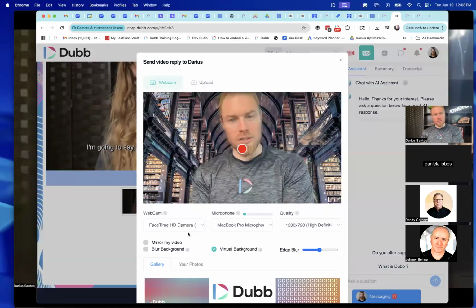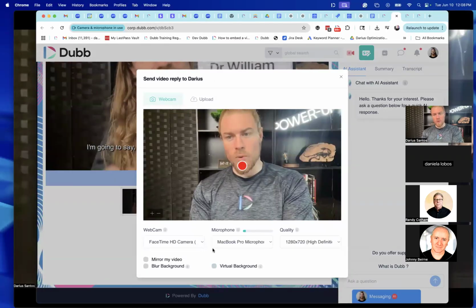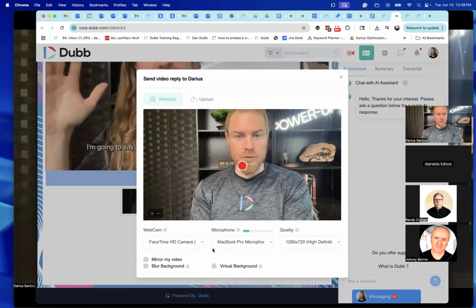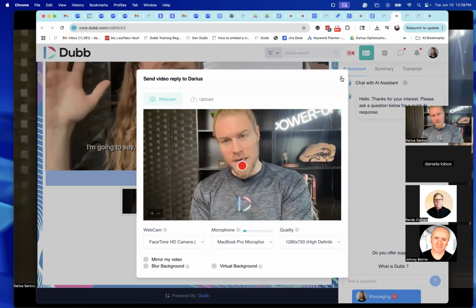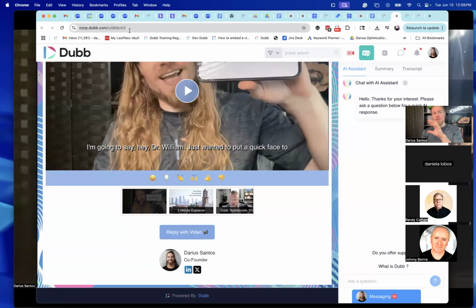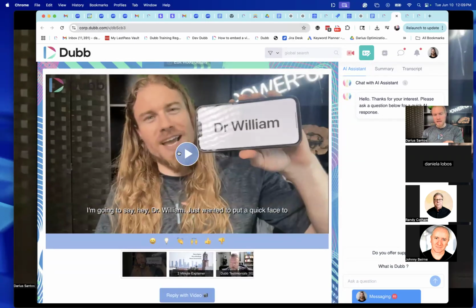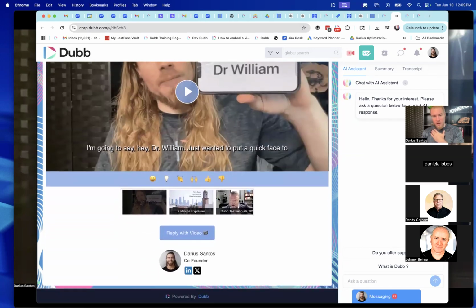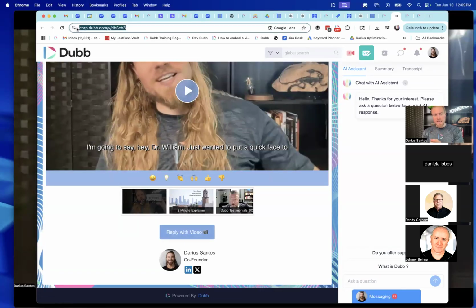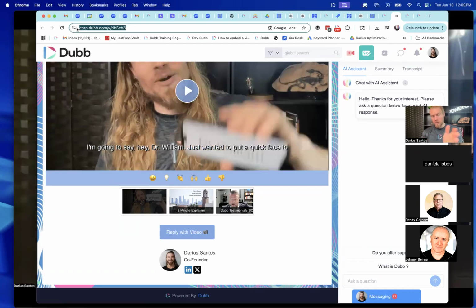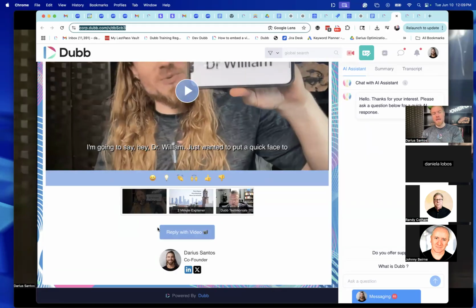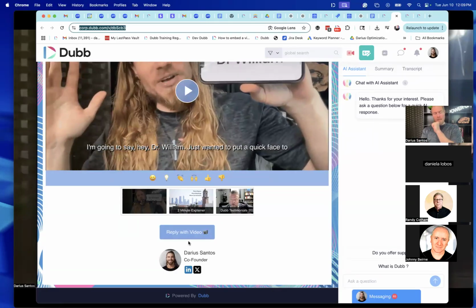With this particular function on Dubb, they don't need to download or sign up or install anything, right? They're not downloading an app. They're not signing up with a username, password, whatever. They're literally just clicking the button that was sent to them through a link via text message, email, social media. So the idea with Dubb is we can create a video just like I've done here, where I'm asking a request to give me a video, right? Hey, send me a video testimonial. And this link is now shareable via SMS, social, literally virtually any way you can communicate with them on any device. You can send this link to them and they can click and respond with a video.